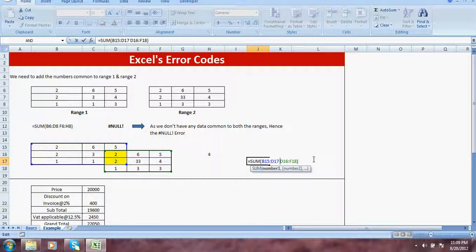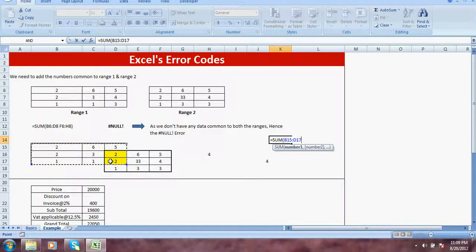If, instead of space bar, you just press comma, it will add up everything. So that is not what is required. So basically I'll just show you again, equal to sum range 1, press space bar and then select range 2. It will give you the sum of the intersection.